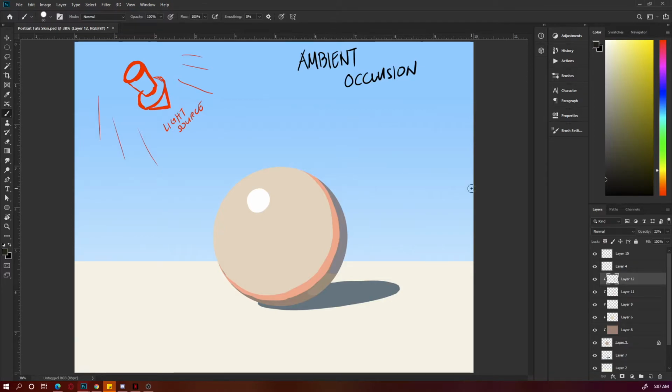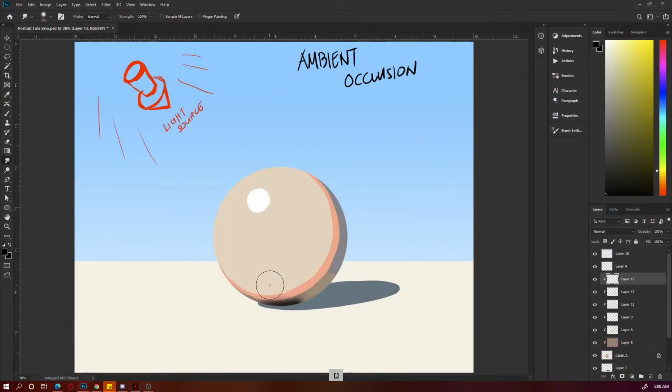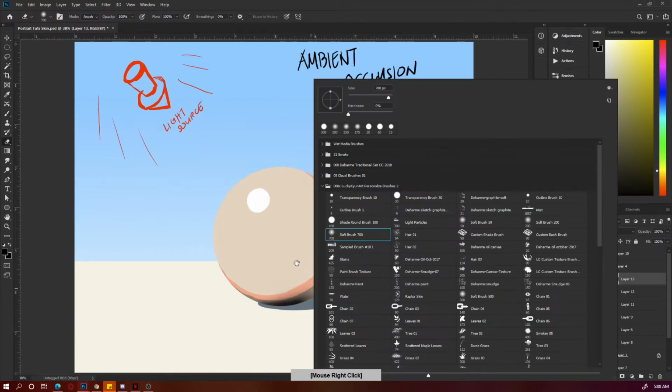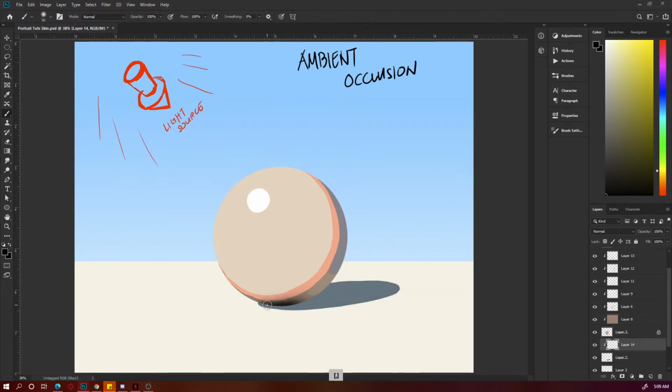I'm sure some of you aren't really familiar with ambient occlusion because it is a new term, and you usually see it in 3D and gaming settings. The great thing about ambient occlusion is that it gives more depth to the object. I am sure some of you have been using that before, especially those trying to achieve a realistic approach